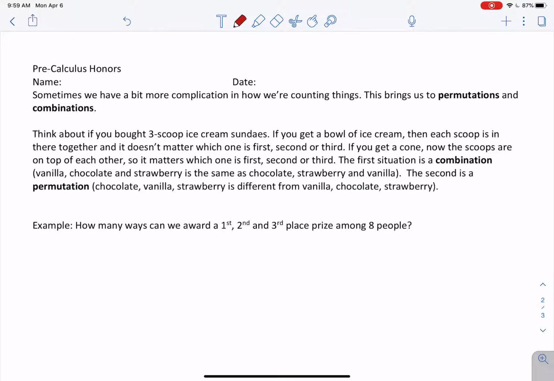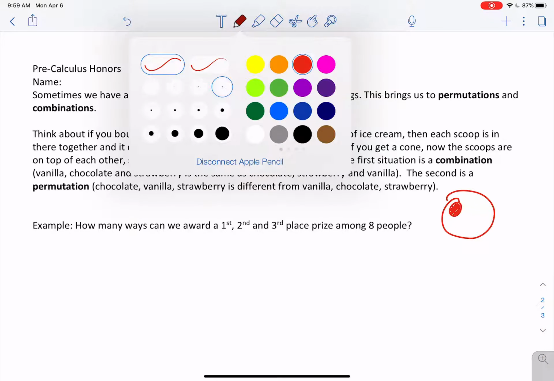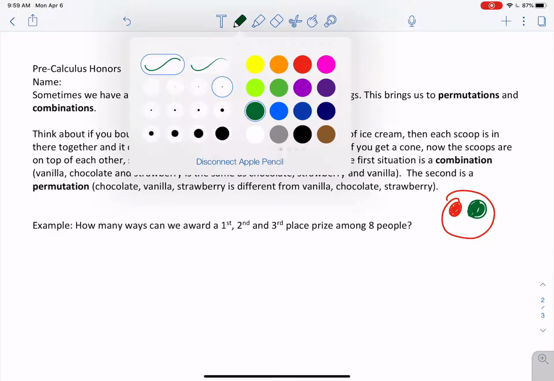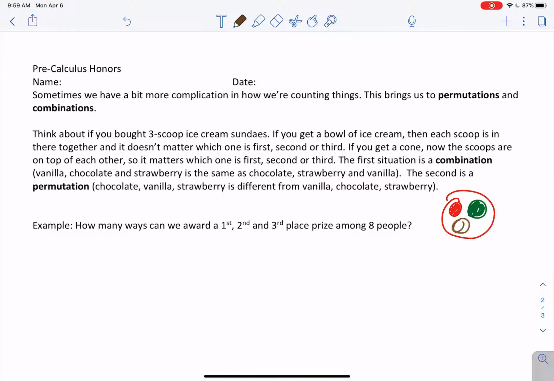So if you bought an ice cream sundae with 3 scoops in it, you could buy it in a bowl. And in a bowl, if I have my 3 scoops, I can have a strawberry scoop, I can have a pistachio scoop, and I can have a chocolate scoop. But it doesn't matter which order these scoops are put in. I have those 3 scoops, I can put it in any order. Whereas if I got a cone,